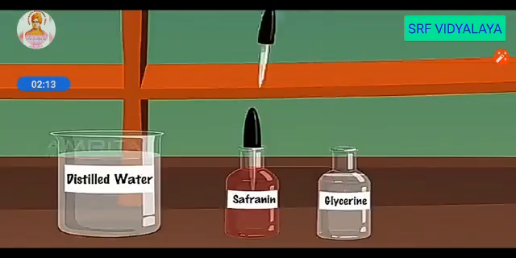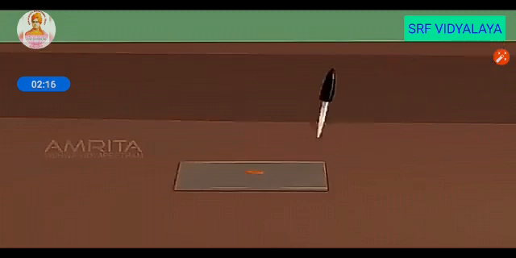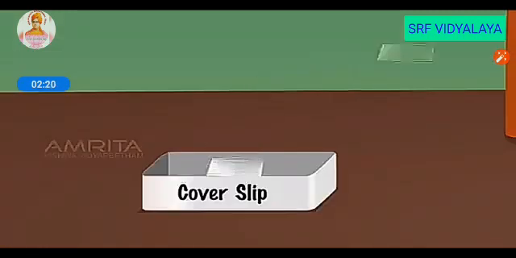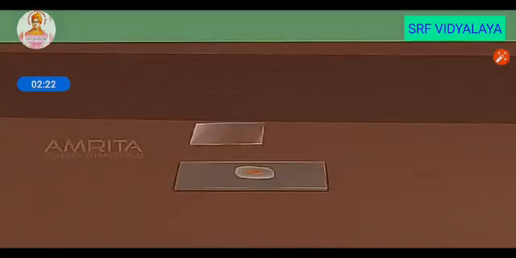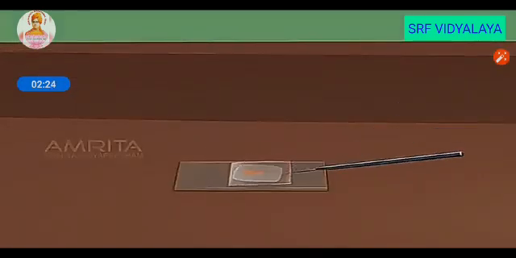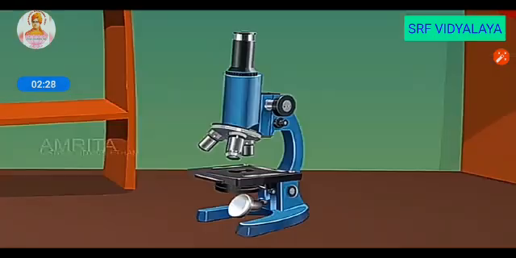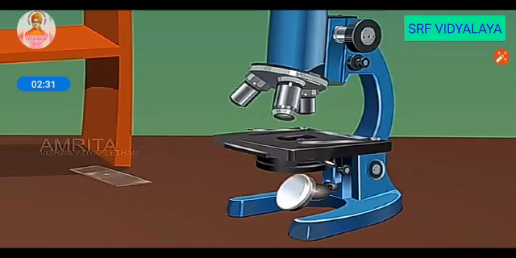Add a drop of glycerin on the section and place the cover slip on the section using a needle. Once the section is prepared, place it on the stage of the compound microscope and observe it.